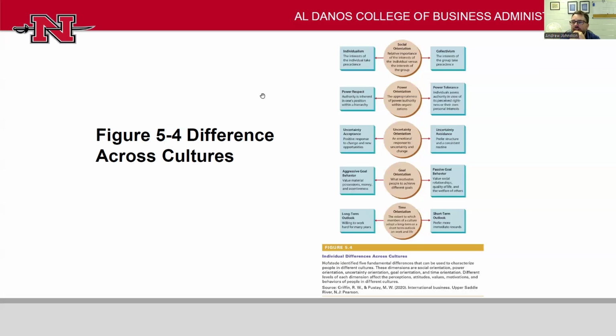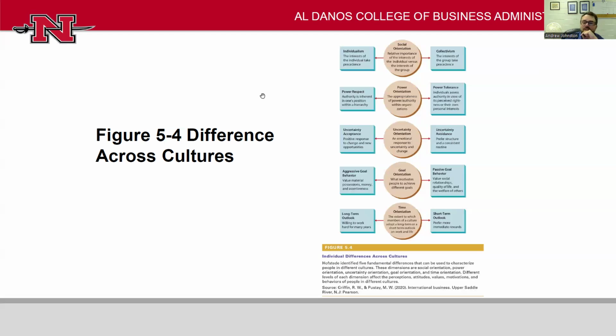So actually, when IKEA took their management model to Germany, the Germans have a lot more power respect. Someone who's in authority, you would speak to them differently, and to have someone in authority speak to you in an informal way goes against what you are used to. It makes you uncomfortable. You think you're being kind and very democratic, and actually it's just upsetting the apple cart a bit. So power orientation is a big consideration.